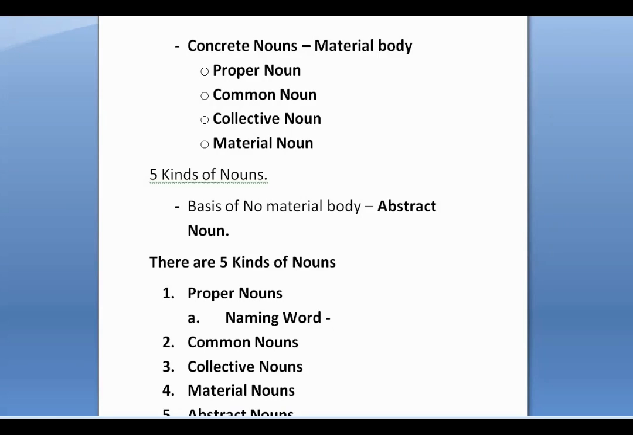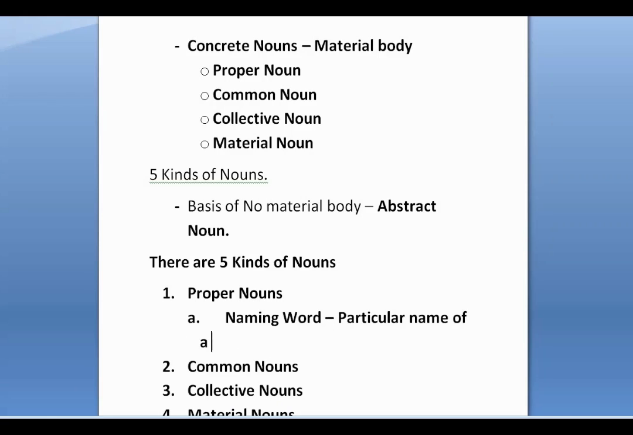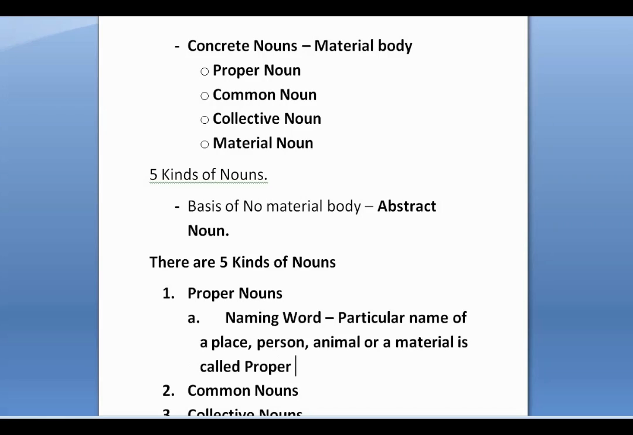So we can say the particular name of a place, person, animal or a material is called proper noun. So if we define proper noun, that would be: name of a particular person, place, thing or animal is called proper noun. So let's take an example